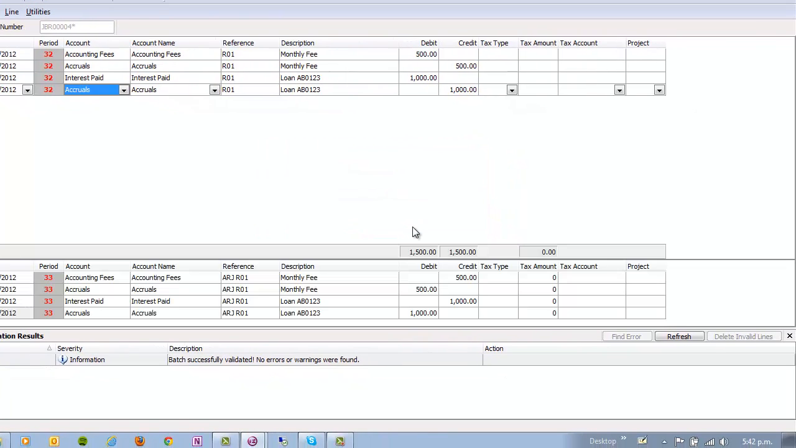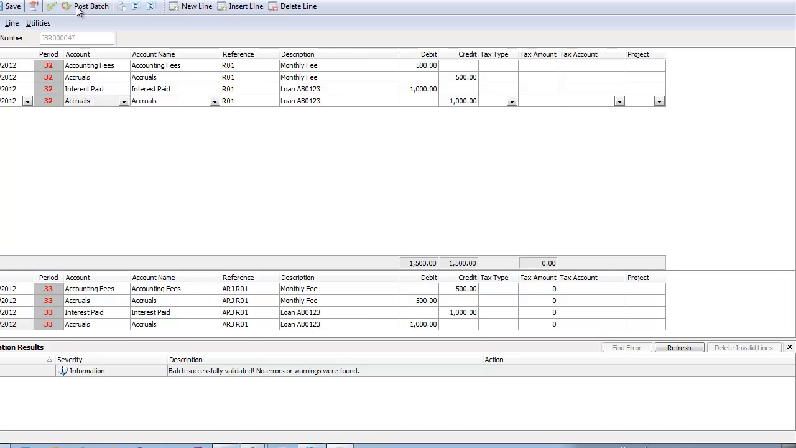You can see the date that I specified earlier was the 6th. It's now the 6th of December, and there's a full reversal of all the information, including prefix reference numbers for the next month, all ready to post. I'll now go ahead and post the journal,